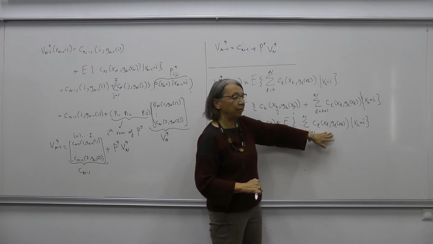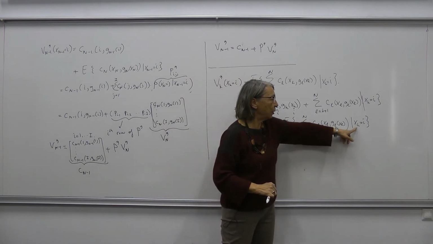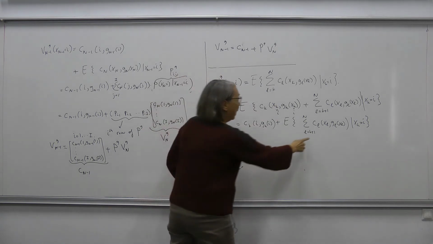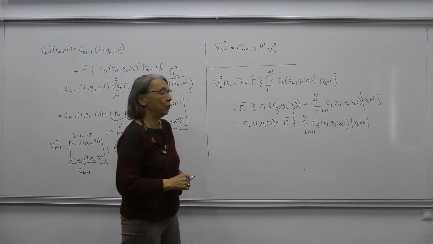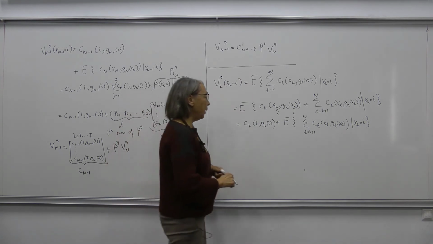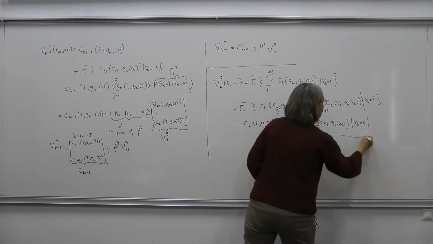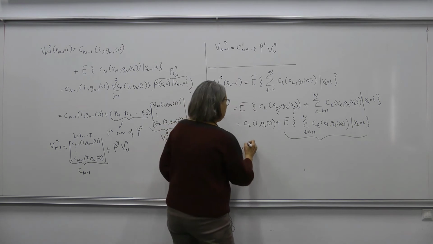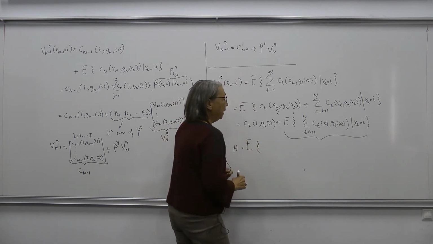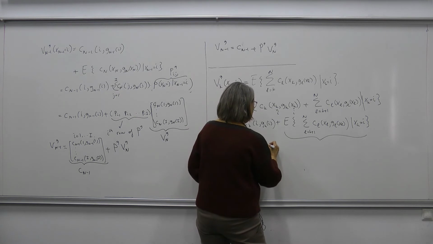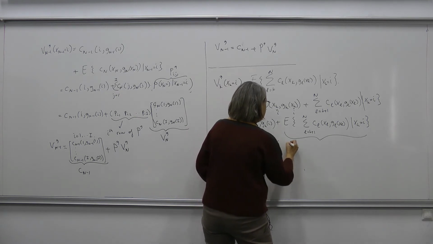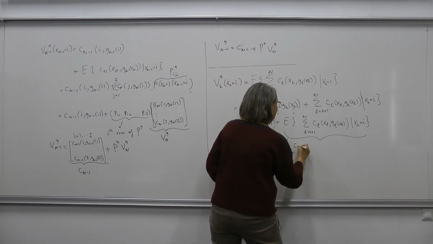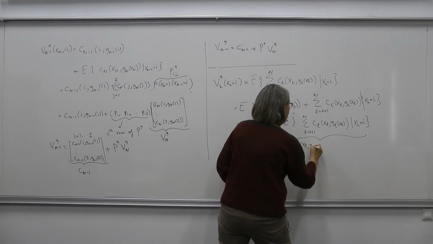Unfortunately, I cannot call it directly V_{k+1} because the given condition is not at time k plus 1, but it is at time k, where the starting time for this term is k plus 1. So let us call the second term the term A, and we can write A as the expected value of the summation L from k plus 1 up to n of C sub L of x_L, g_L of x_L,